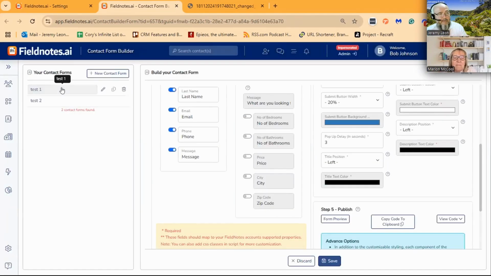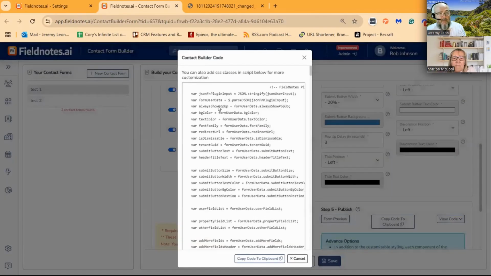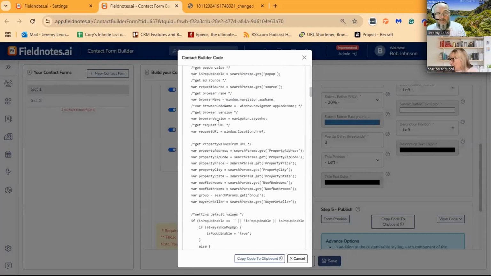You never had the ability to save multiple forms. You could just create, and then you had to take the code and put it somewhere else. But let's say you needed to edit something within it. That's where the challenge was, because you didn't have this platform to come back to. You essentially had to go through this code and make adjustments as if you were a web developer.